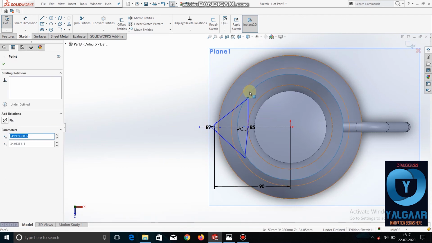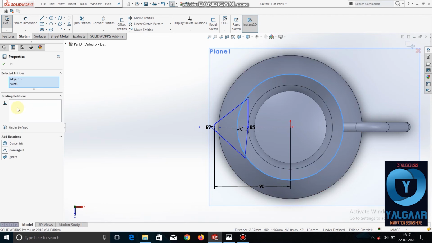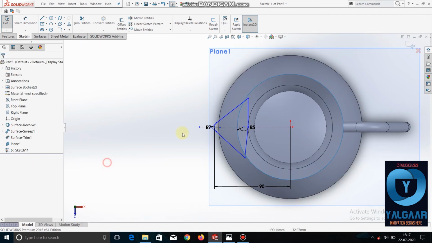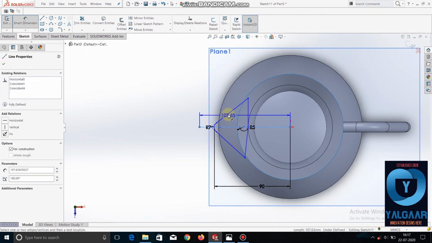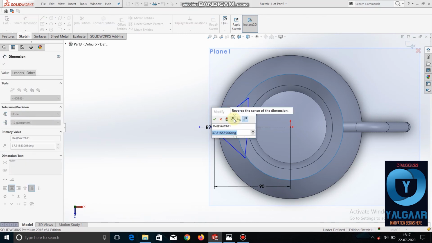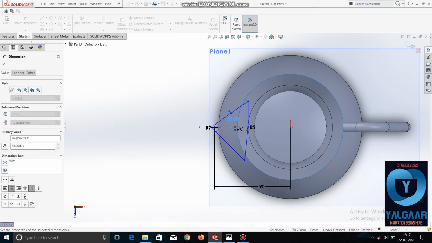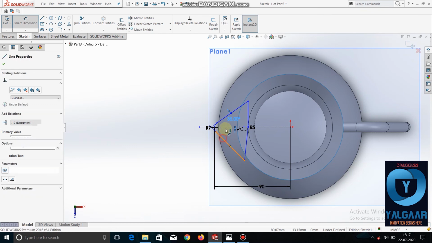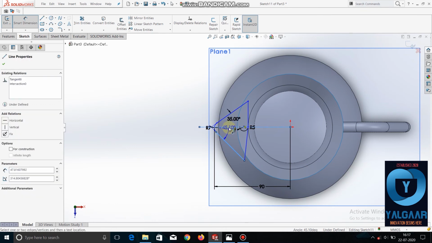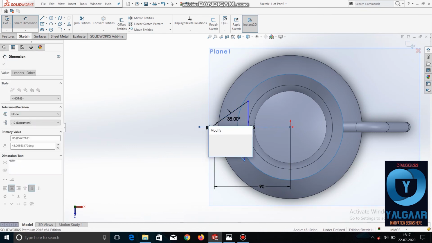First we have to give this angle 35 mm. Now we will make this coincident.